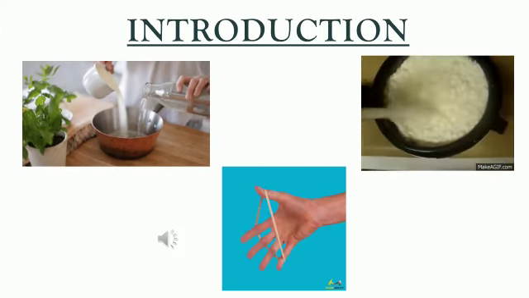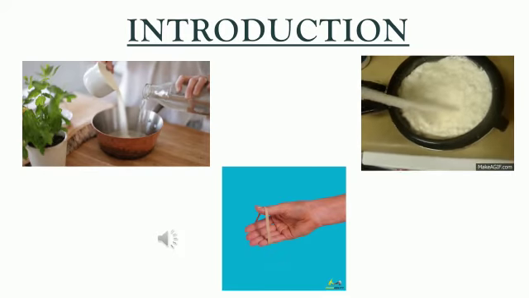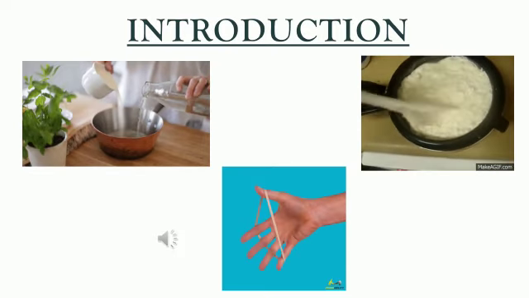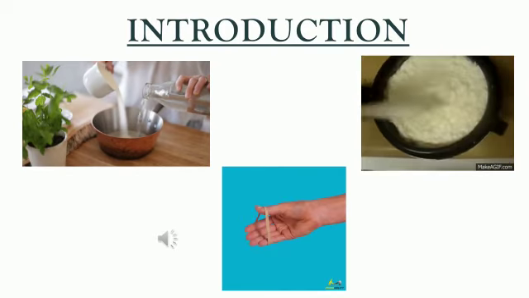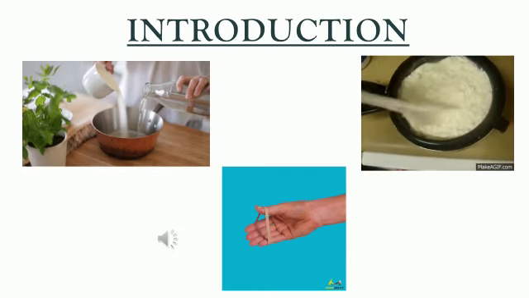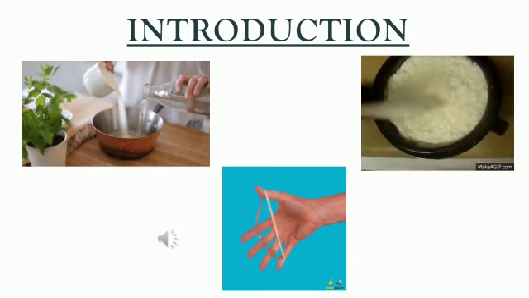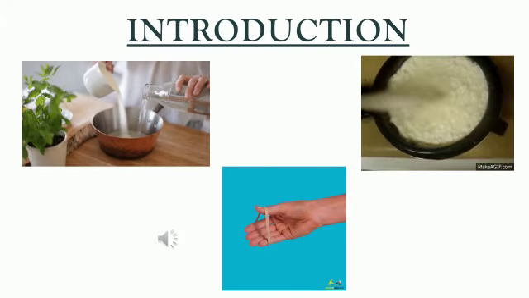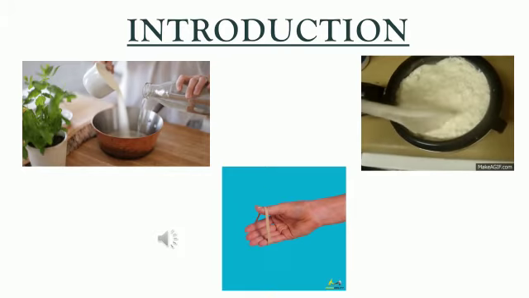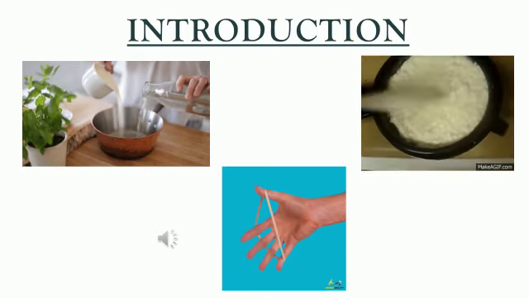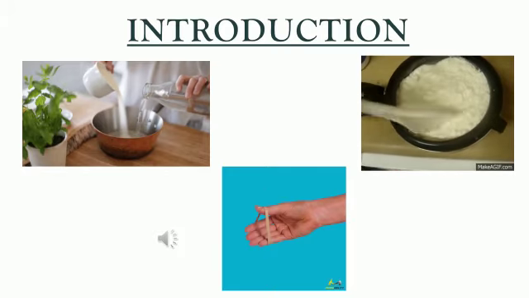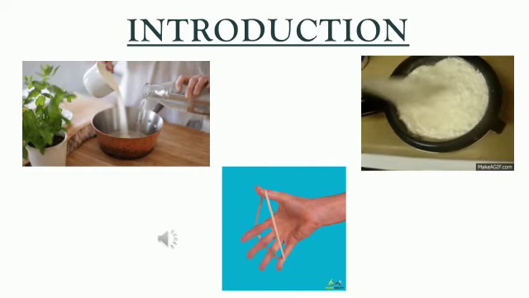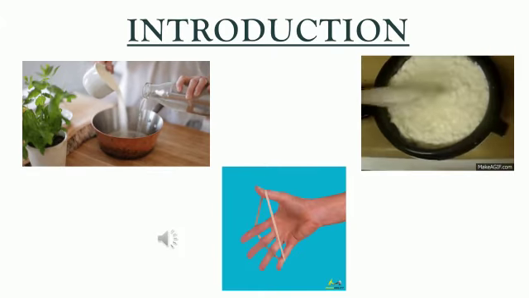And next, sometimes this milk becomes sour. So that is also one of the changes. And stretching a rubber band also represents a change. When you stretch a rubber band, it is going to change its shape, right? So again, it will regain its original position, isn't it? So like this, you can find a lot of examples in our day-to-day life. So this might be categorized into physical and chemical change.